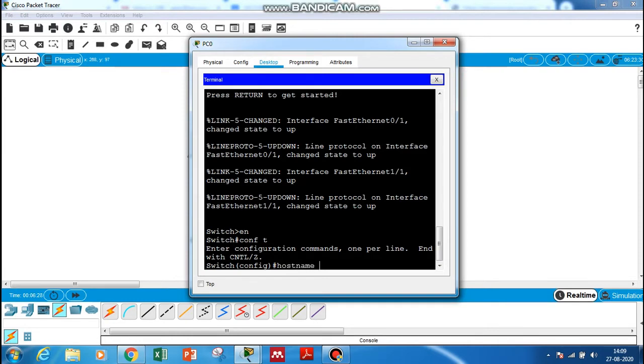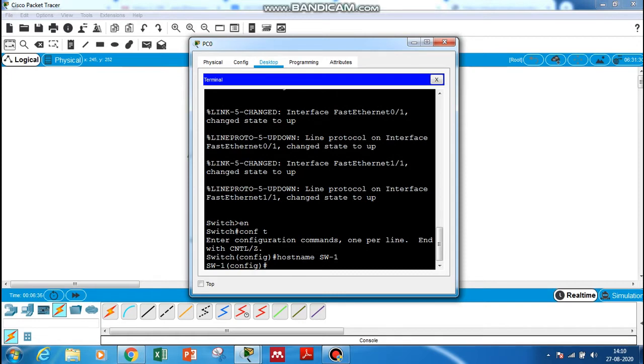So now when we are in the global configuration mode, we can set the host name for the switch. So initially the host name is switch. Now we'll set a host name. So say hostname W-1. So now you could see that the host name is changed, and also as we connect the PC to the switch, it got connected. So I want to secure that connection, the console connection.